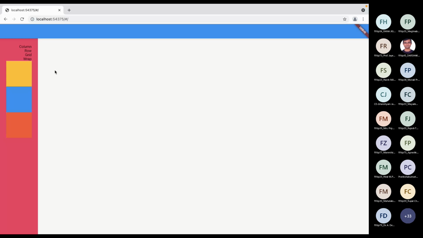Okay, I'll tell you where to look. Look at this, for text, column, row, grid, and wrap. Just look at its position.